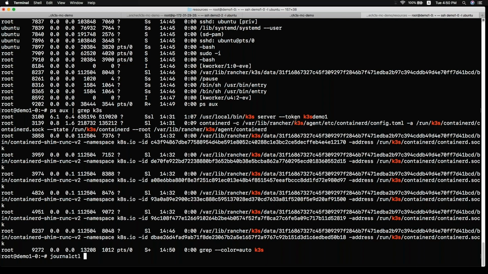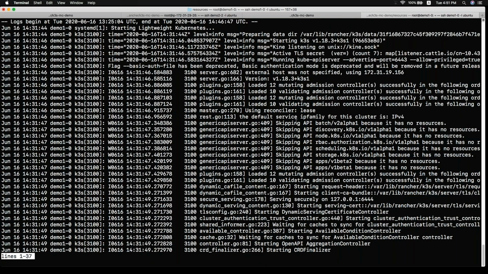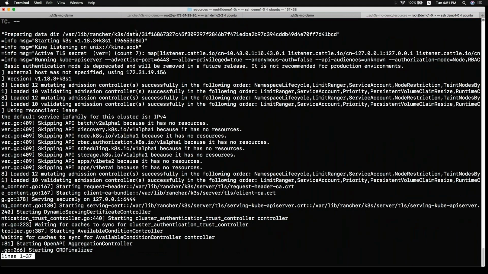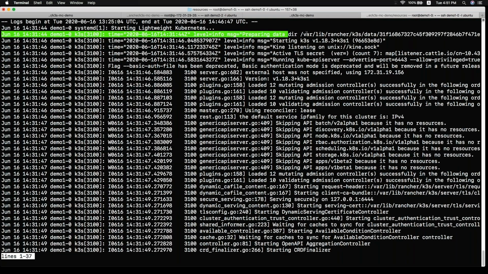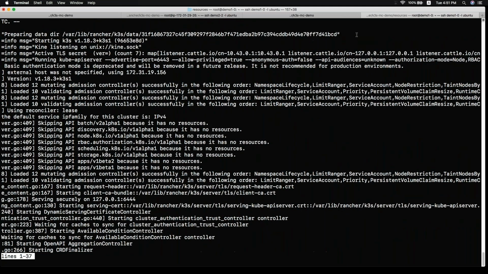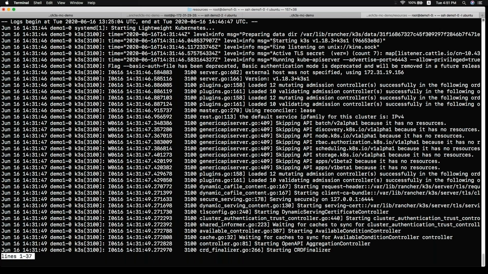So, for example, if we take a look at the K3s logs, this is a really cool part. So it starts Kubernetes, lightweight Kubernetes. First thing that it does, as I mentioned, is decompress the self-extracting archive for the binary in this directory, and it runs Kine, which is the etcd shim that we talked about, that translates from etcd to SQLite backends, and then runs the components